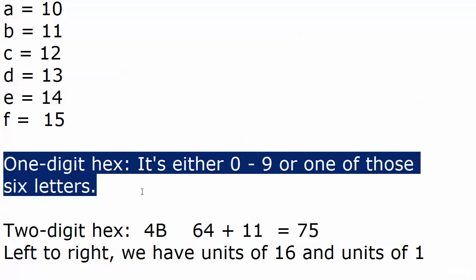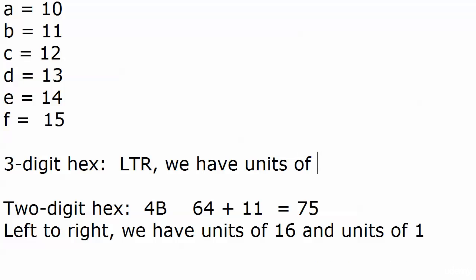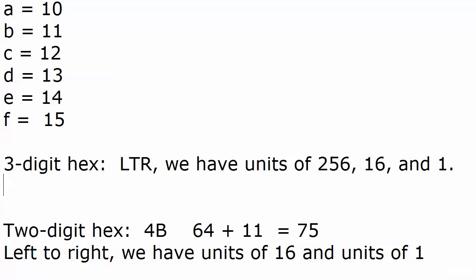Now let me go over, I'm going to type over this a bit and put in 3-digit hex, because left to right we have units of 256, 16, and 1. 256, 16, and 1. If you're going from right to left, it's 1 and then 16 times 1, which is 16, and then 16 times 16, which is 256. Again, I just think it's easier to remember it is 256, 16, 1. It's the kind of thing you write it out a couple of times, it becomes second nature. So let's say I gave you